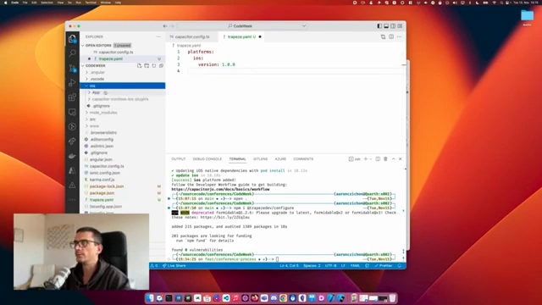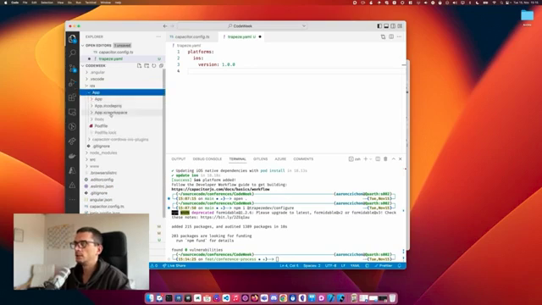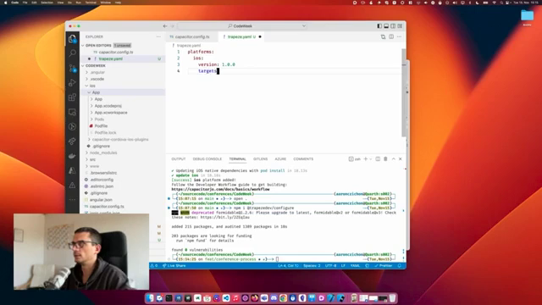So for example, if we want to target this project called App here, we can target it in targets, App, and then for example we want to set the build number to 2 and set the bundle ID to